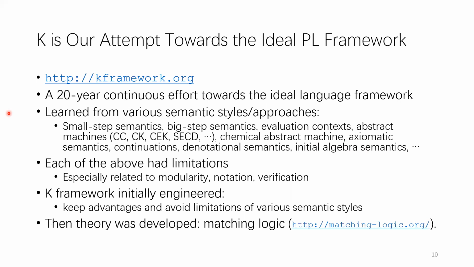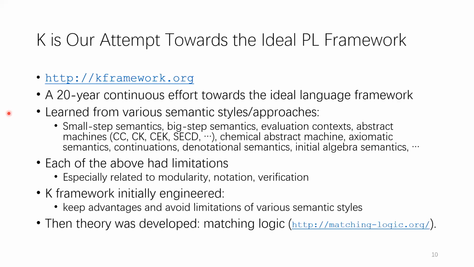The main thing is that they work very well on small languages, but break apart very quickly when we attempt to define large languages such as C and Java, especially in terms of the basic engineering aspects that mathematicians tend to disregard, such as modularity and heavy use of notation,